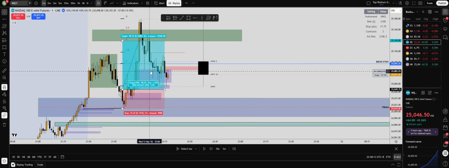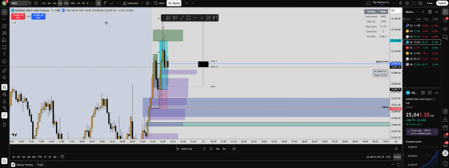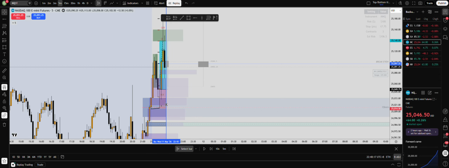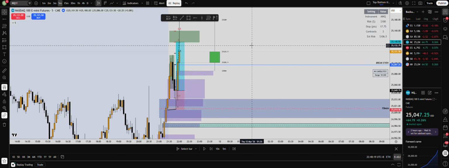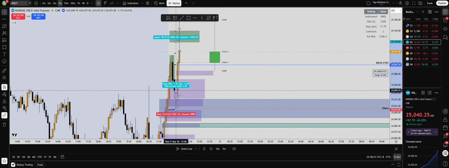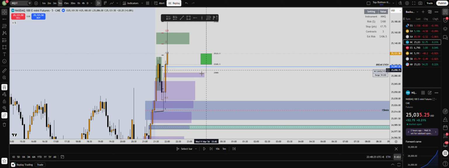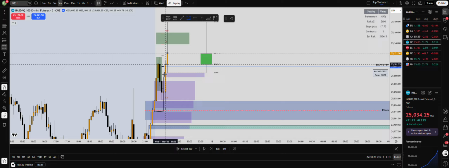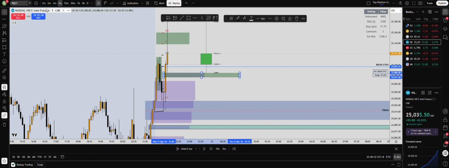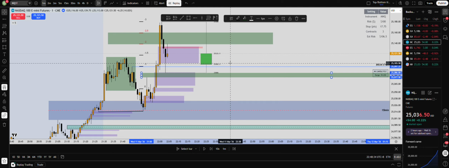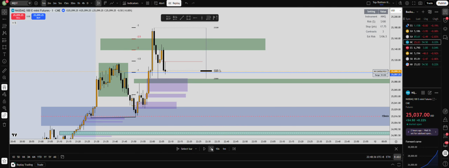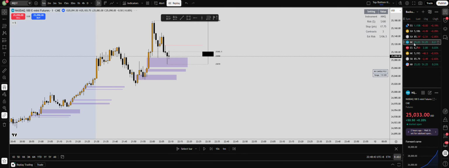And we had another setup here, if I'm not wrong. Yeah. So this was the second setup that I was looking at. And not going to lie, I was about to take it because this was after 10, right? And you see this was the wick and all that. So this was a setup that I wanted to take, but something was not right. What was that, right? You see price tapped. We had SMTs here, right? We had SMTs with ES, and